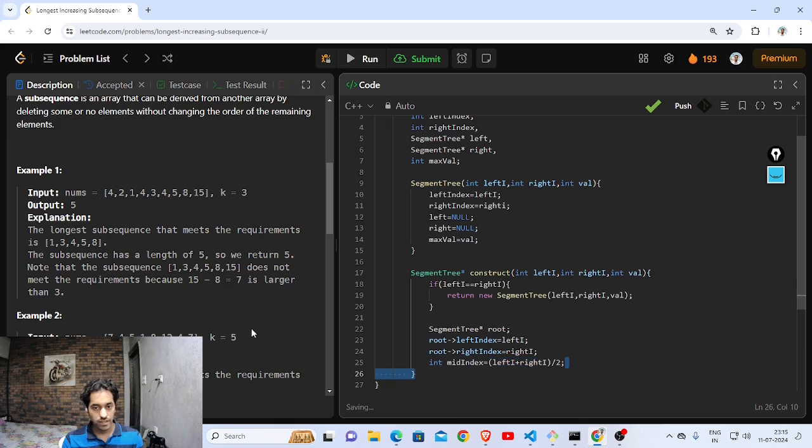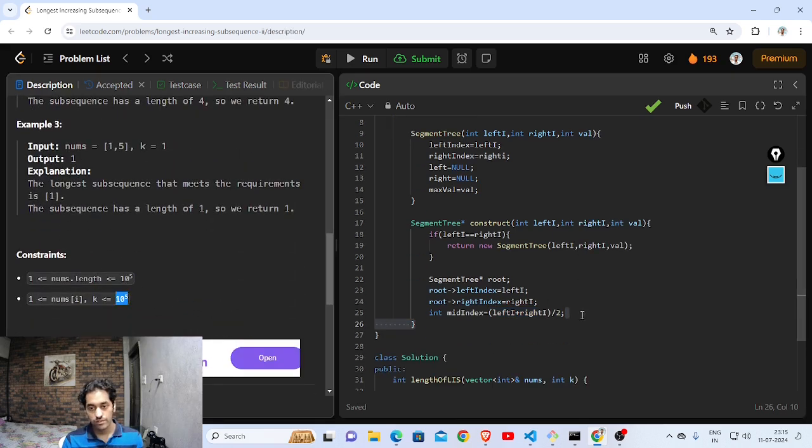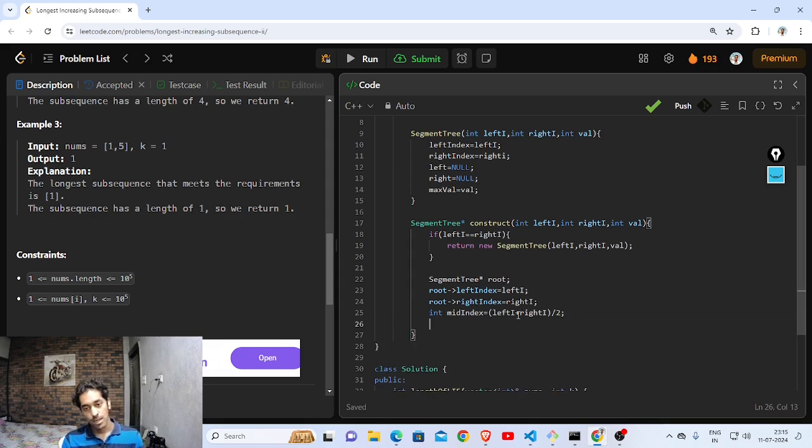I'm doing this because I think the left and the right index is not going to overflow, so this form is fine. Otherwise, I would have gone like left index plus right index minus left index by 2, something like that, right? Root left is going to be a construct of left I comma mid index,